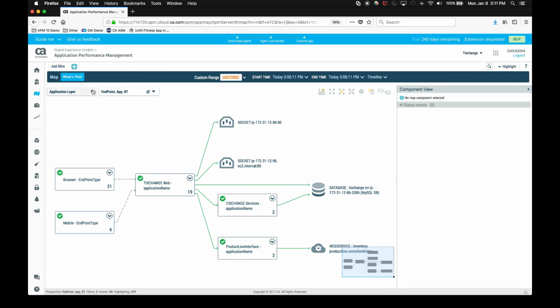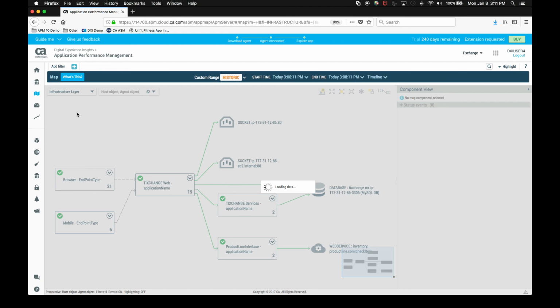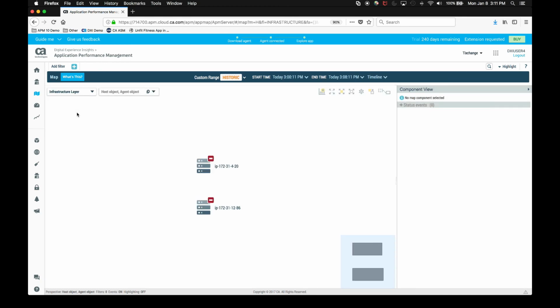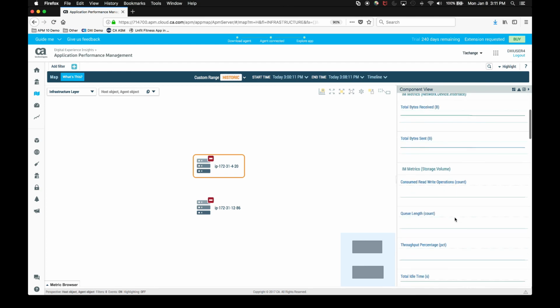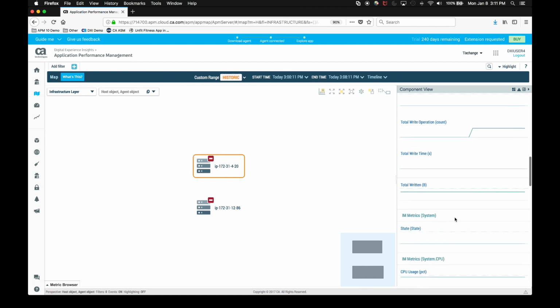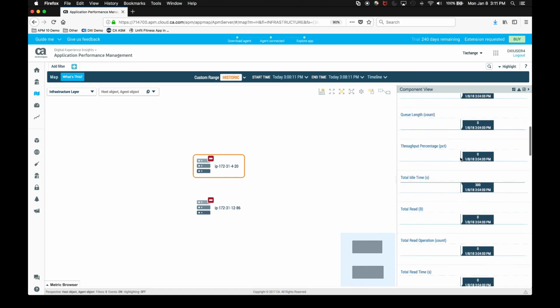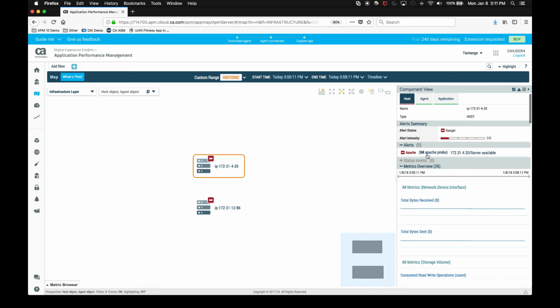Now, where this gets really interesting is not just the fact that we're looking at the application layer, but we can also now tie the app to the infrastructure. And so we see all these different layers and services interacting, but where's this actually running? And you can see that we boil this down to just two pieces in the infrastructure. So you see the different systems at an infrastructure layer and actually health metrics for the infrastructure. So now we're looking at that platform and we're pulling in not only real-time performance metrics, again, about that system, but as well, you can also see any alerts or thresholds that are breached for that